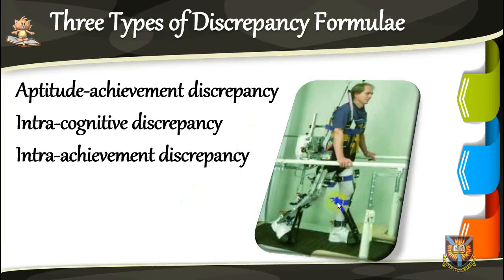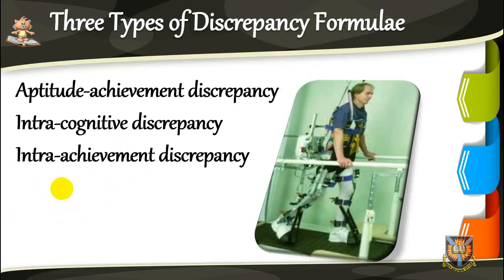An intracognitive discrepancy, a disturbance in basic psychological process, occurs in children who have a specific type of cognitive dysfunction, such as a deficit in auditory processing, short-term memory, or visual processing. This type of LD is difficult to operationalize, but is useful in identifying preschool and primary age children who have